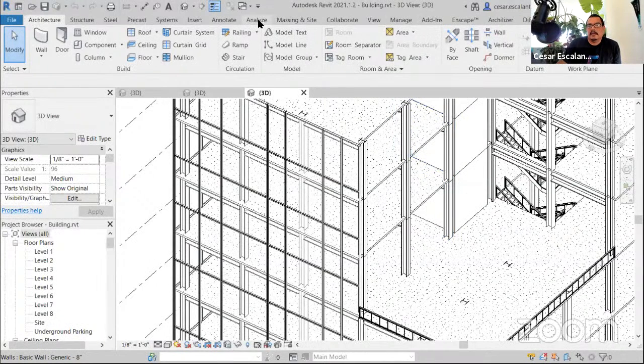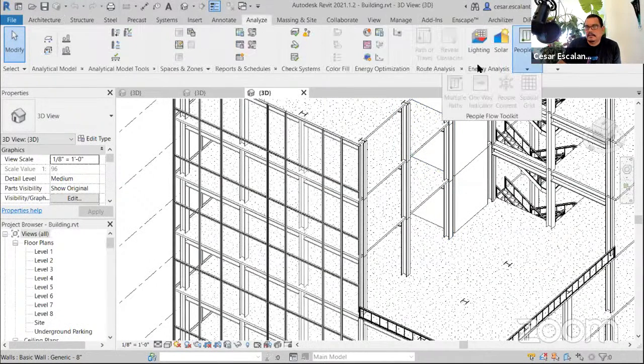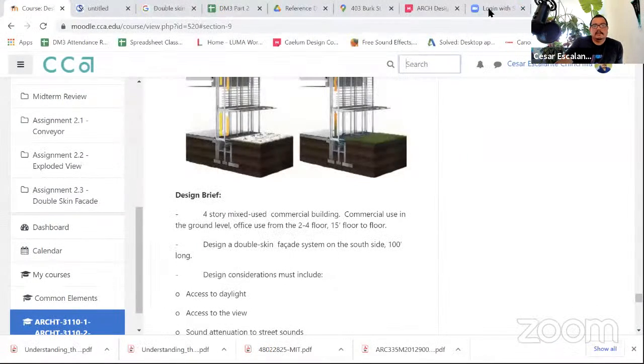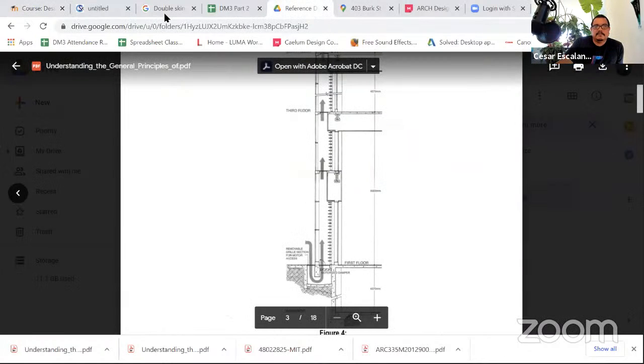Under the Analyze tab, you're going to find this panel called Energy Analysis and Lighting Analysis. And these two plugins for Revit are free as well. You can find them under your Autodesk account. But I have already downloaded the executable for you so that it's easier for you to get to it. So under the Google Drive,